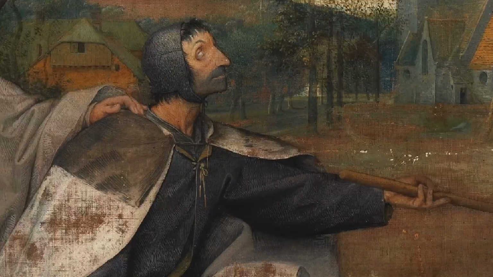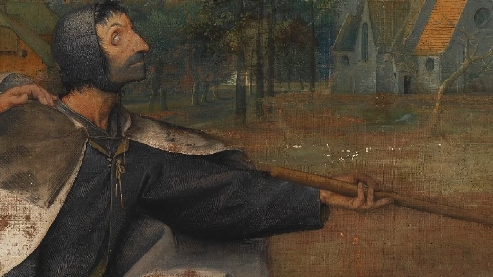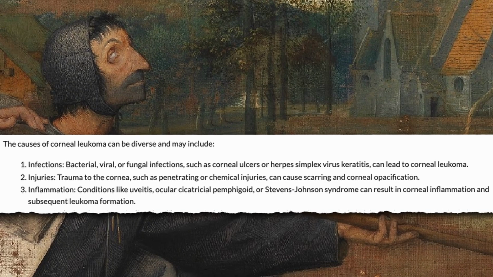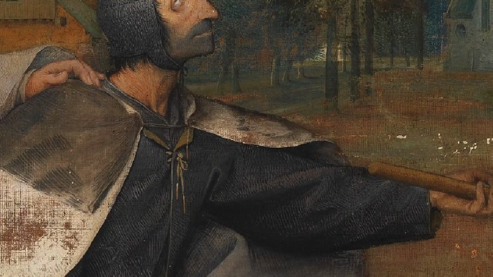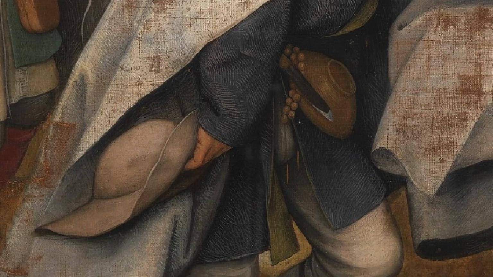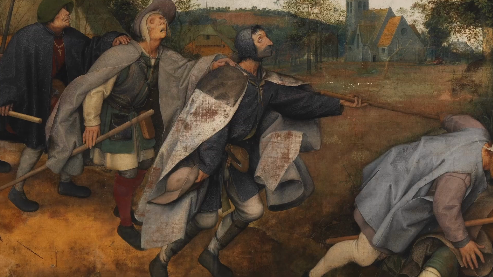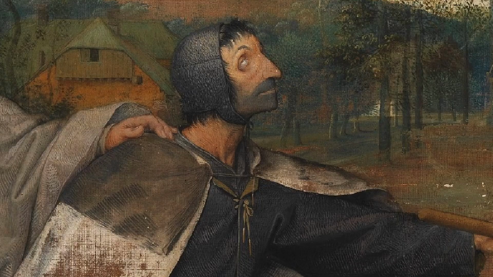Let's move to the second man who is unfortunately heading towards a terrible fall. This man wasn't punished, right? He's suffering from corneal glaucoma. But when you look at the possible reasons for developing this disease, physical trauma and injuries are some of the prime reasons. And look, what's that? It looks like a knife. And those shin guards also point that this man might very well be a brawler, getting in fights with other people. So not exactly a punishment, but a consequence of his own action.